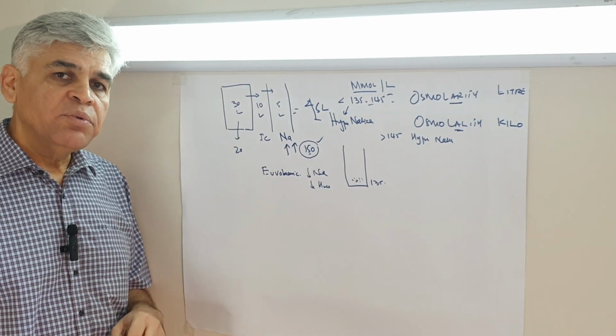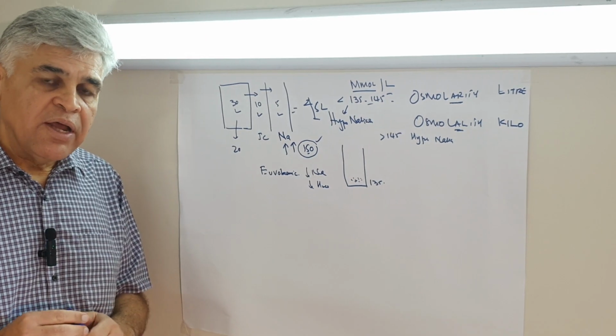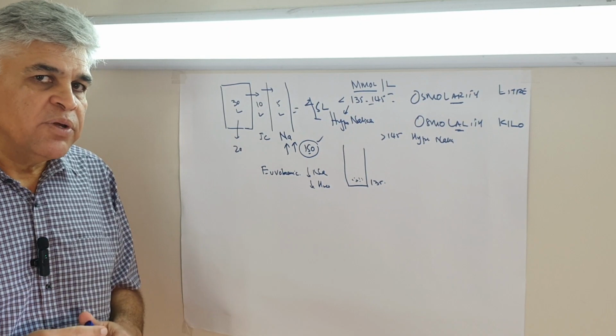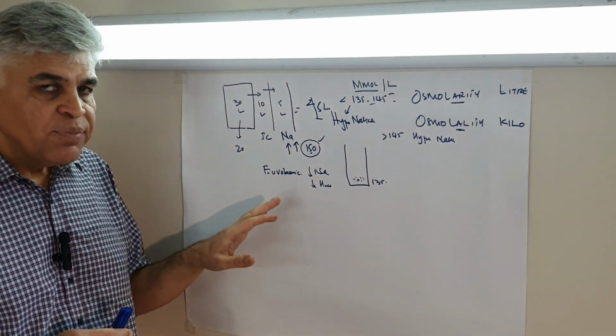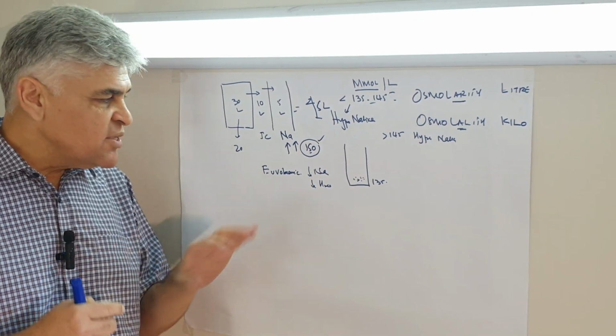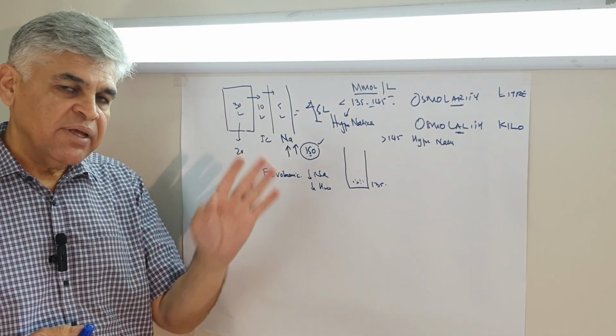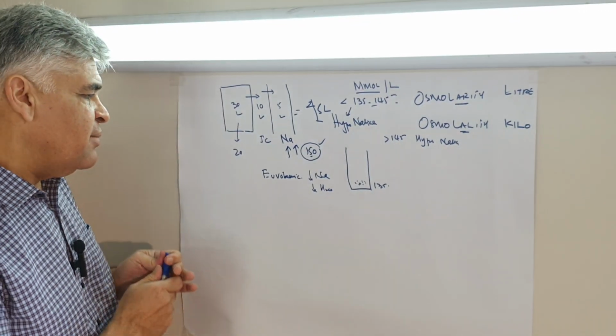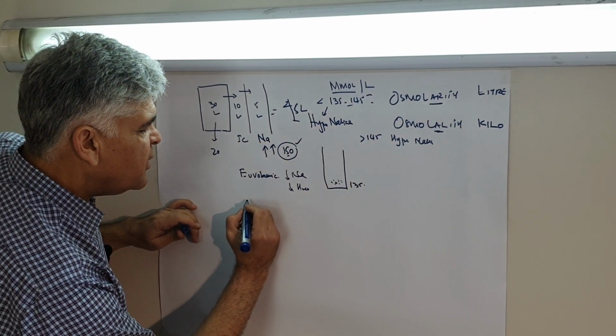There are three areas from where you lose fluid and salt. One of them is sweat. The second one is the GI tract, and the third one is the kidneys. There isn't a fourth one. All the other causes are probably because of internal shifts. But for losses, there are just three areas where you lose something. So one of them is euvolemic hyponatremia. The second one is